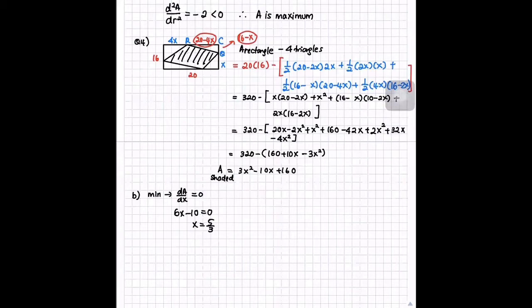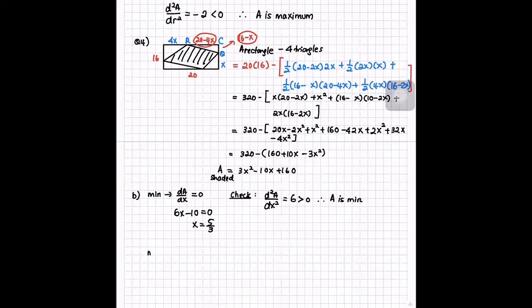Even when I do the second derivative, just for the purpose of checking, you can check on your own whether you are doing it correctly or not. I just want to make sure that the area is minimum. So I differentiate again. Therefore, I know that A is minimum. You can write this just to verify that you are really getting the minimum area.